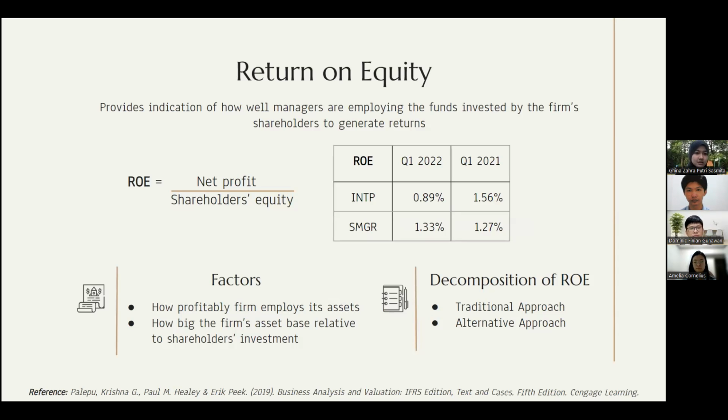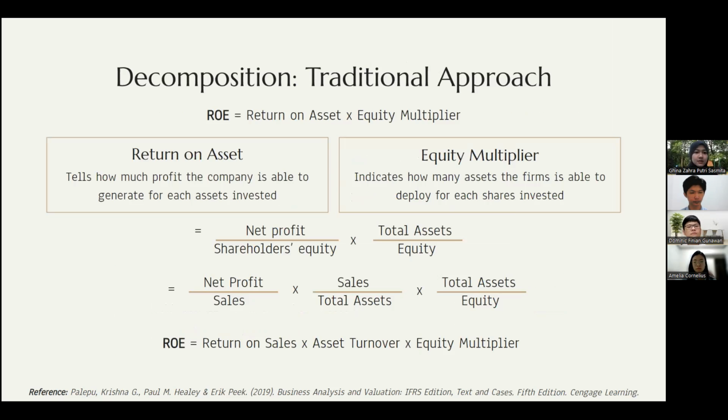There are two factors that drive the return on equity. The first is how profitably the firm employs its assets, and the second is how big the firm's asset base is relative to the shareholders' investment. There are two ways to decompose the ROE: the first one is the traditional approach, and the second one is the alternative approach. The first that we're going to discuss is the traditional approach, where we use the return on asset